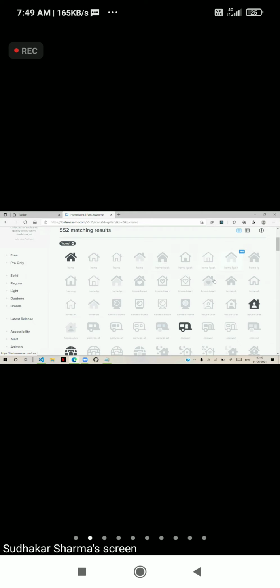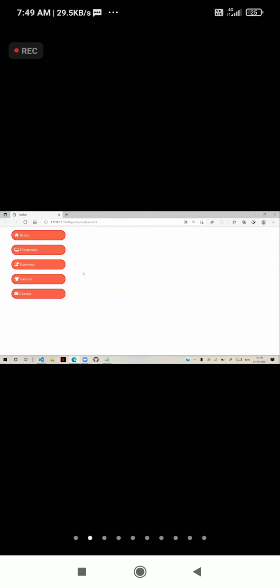Pro means paid. If you want to use those symbols, you cannot, because you have to purchase. Then they will give you a paid library that you have to download and use. These are all free symbols. You don't need to pay anything. You can save your money.